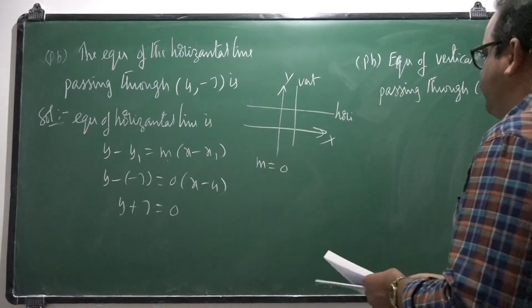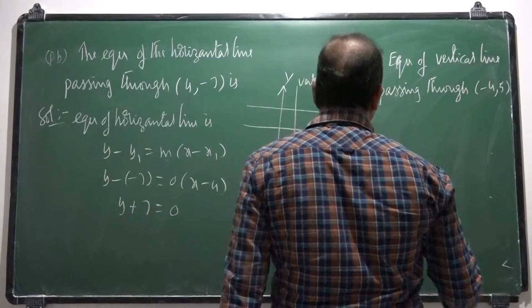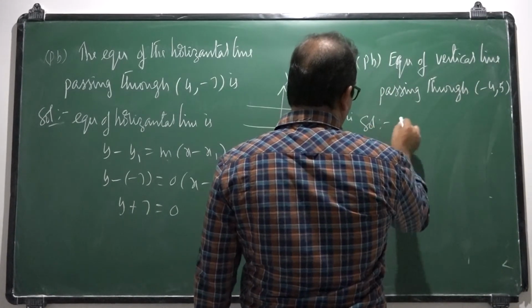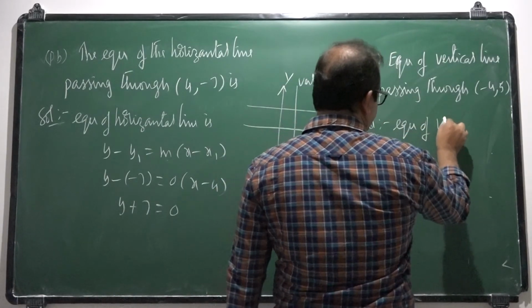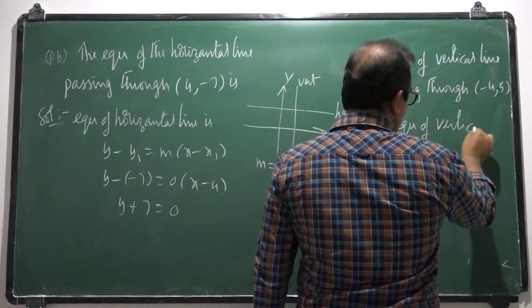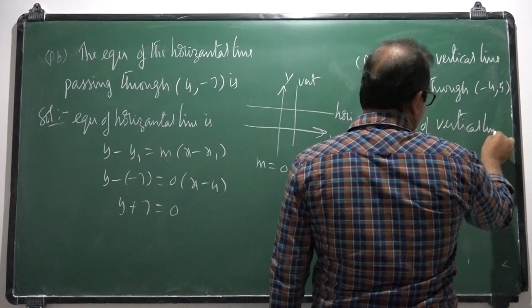Find equation of vertical line passing through that point. Equation of vertical line is,